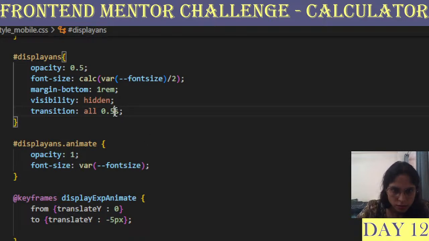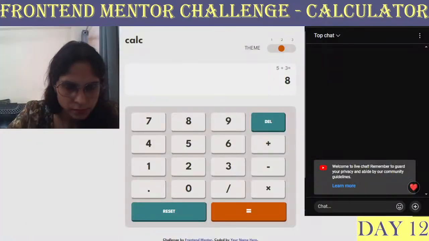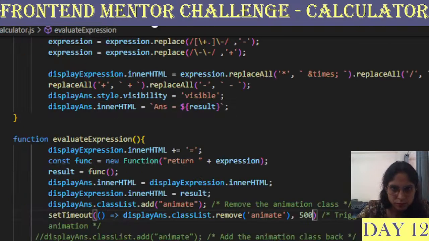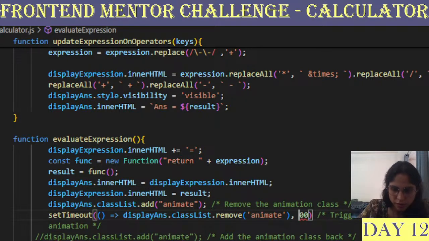Over here, instead of 0.5, just give 0.3 seconds. Now let's just do 0.2 seconds. And here also let's make it 200. I think this should work now.